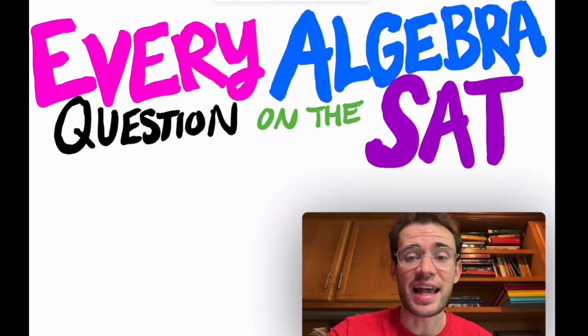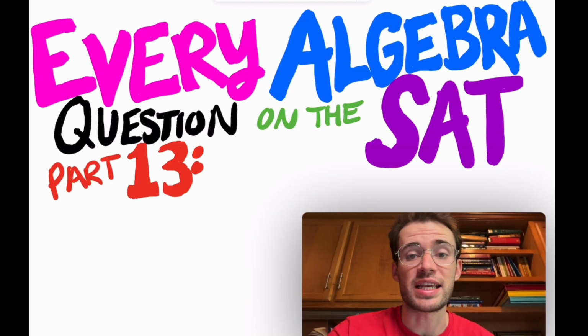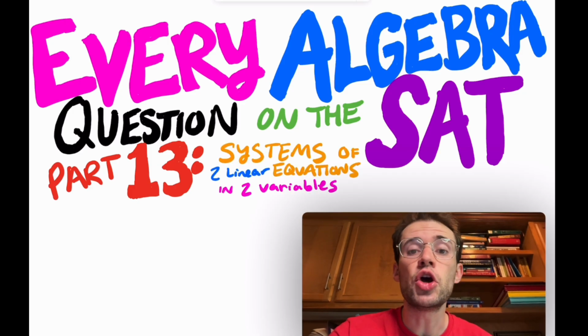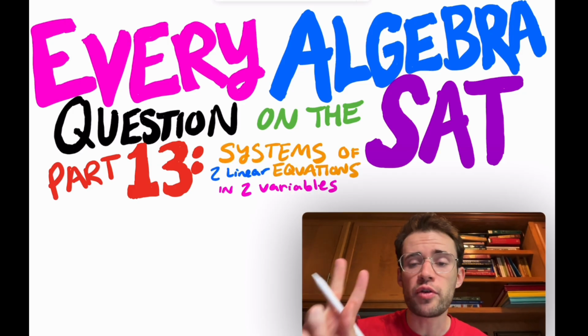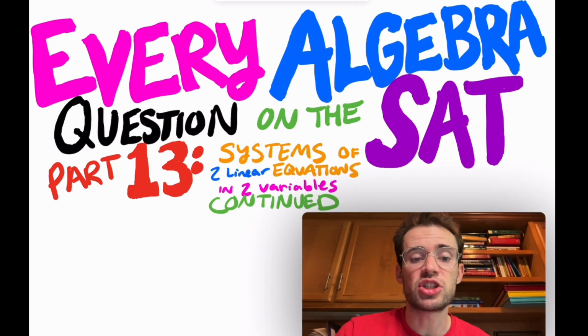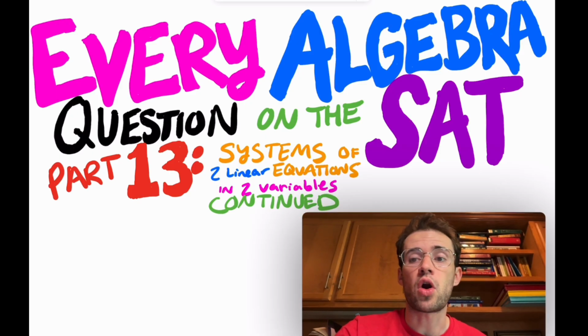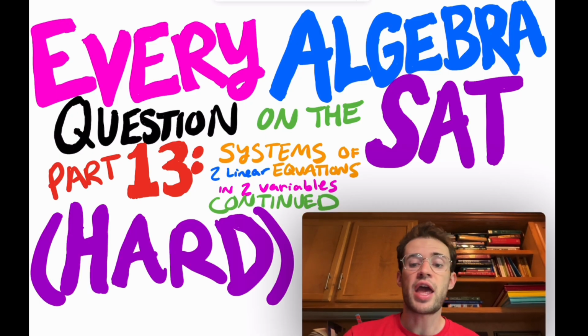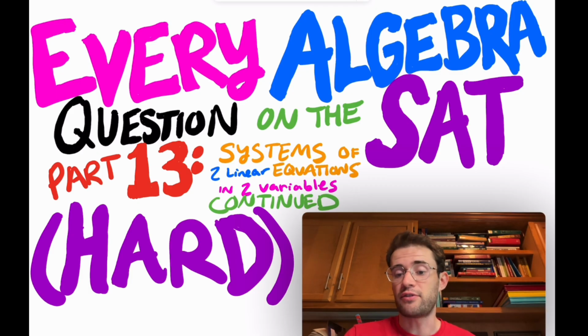In this playlist, I'm going over every algebra question on the SAT. This is part 13. It's systems of two linear equations in two variables. This is a continuation of part 12, where I'm going over all of the hard questions. Any questions that you don't find in this video, look in the previous one, and you can find those exact